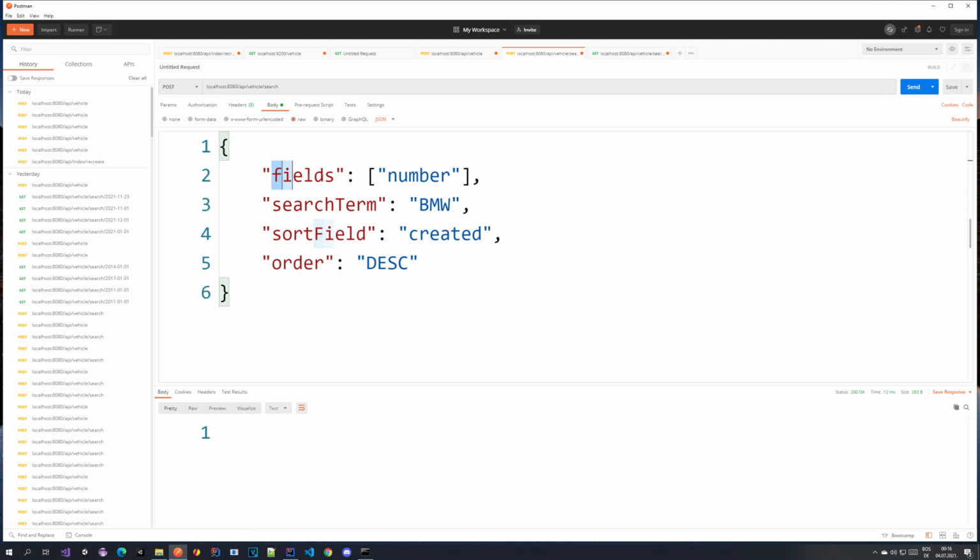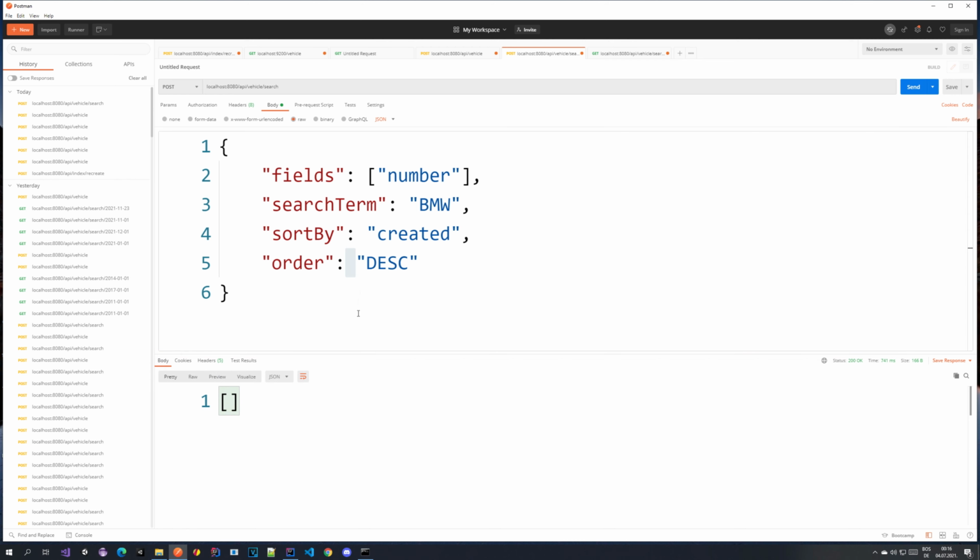Now if we go here to our /API/vehicle/search, where we can provide the fields, in our case it's the number field, we have the search term, and we did not name it a sort field, we named it sort by. So what we are doing here is we are searching on the number field, which contains the term BMW, which is not something that we will have because we don't have a number with that value. And we have the sort by on created timestamp, so on the created property, and the order is descending. So if I send this in, we should not find anything